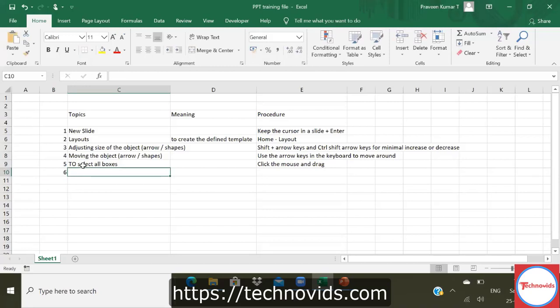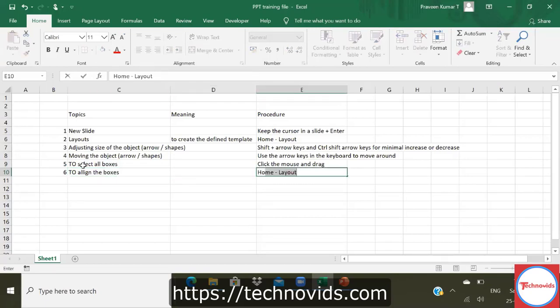So what were we seeing? How to align the boxes. In the Home tab, first select all the boxes, and then Home, and then you will do